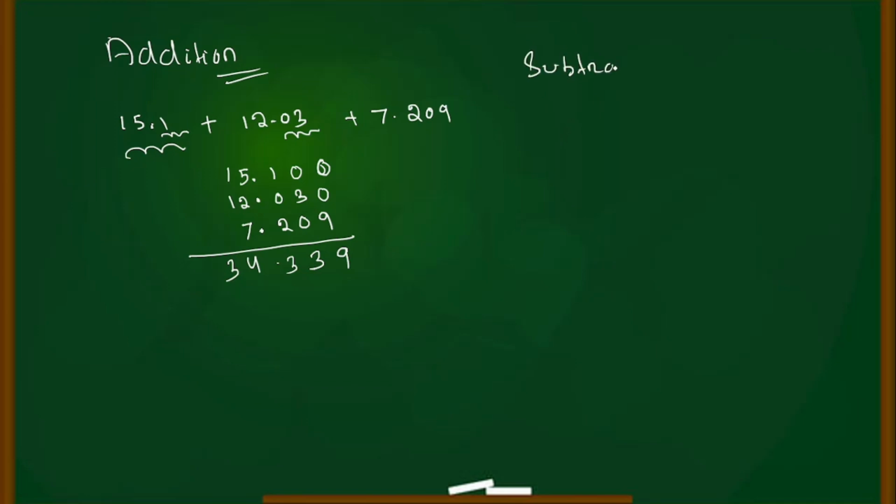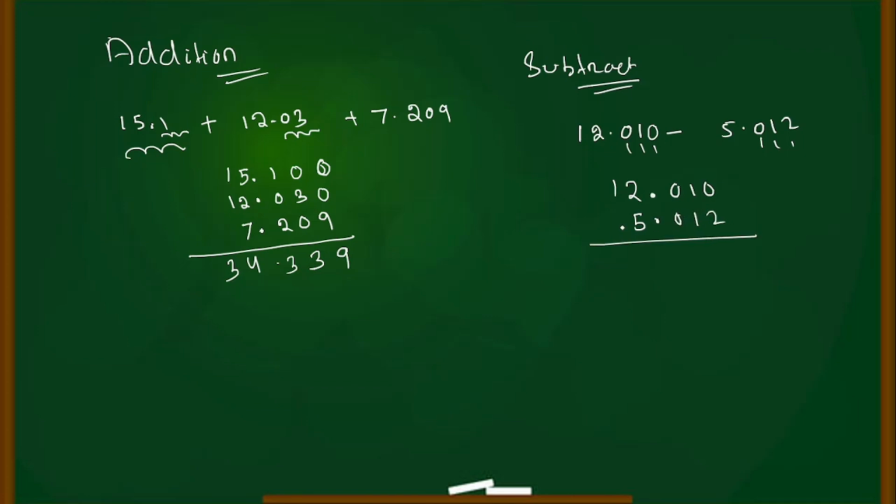How to subtract? Same. So suppose the question is 12.01 minus 5.012. How to write? Now first if you put the 0, then it will be 3 digit and here is 3 digit. Now subtract 12.010, then 5, then